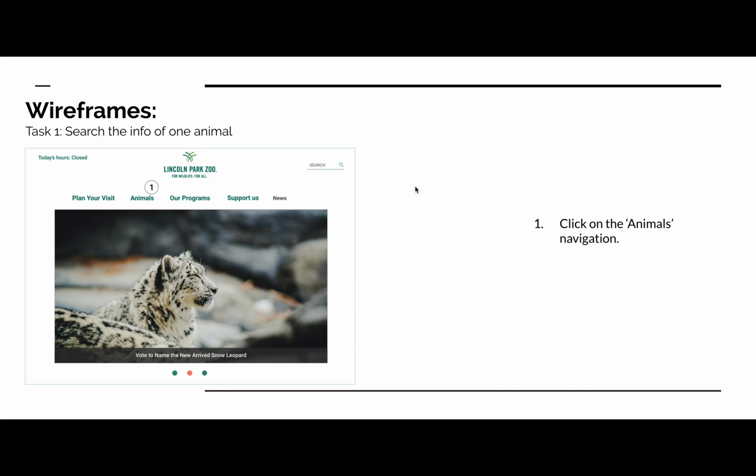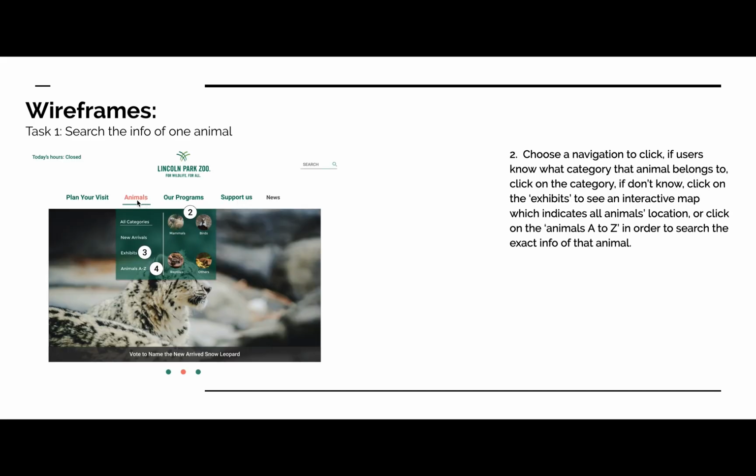After that, I did a wireframe, and the task is to search for the information of one animal. I first click on the home page, click on the category name animals, click here. Then the animals page would show the subcategories: all categories, exhibits, animals A to Z. They both worked because